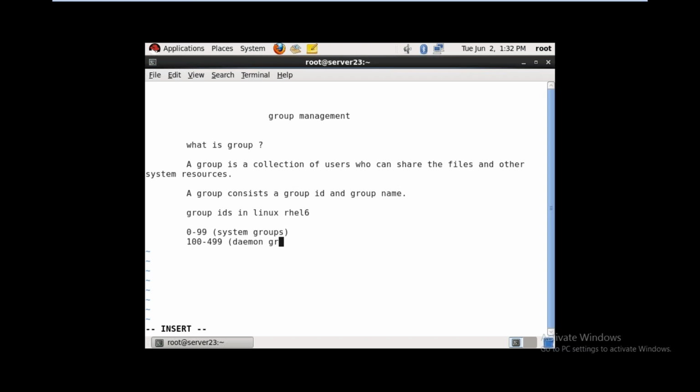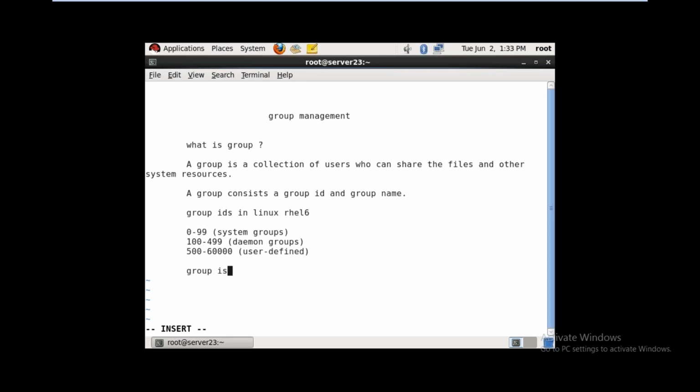Daemon is nothing but a background process. 500 to 60,000 are user defined. User defined means the system administrator can assign the group IDs from 500 to 60,000 at the time we are creating the groups.